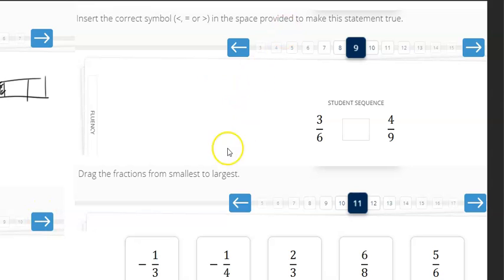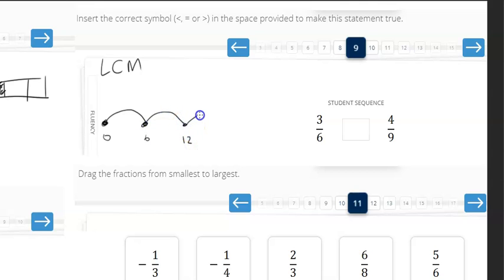Now you will get a question where it does have less than, equals, or greater than, but you run into a big problem here, because right now 3/6 and 4/9, again, can be simplified. 3/6 can be simplified to a half, but that doesn't get us to any point. So we have to find a number which is considered the lowest common multiple. Lowest common multiple, or in other words, if I was the number 6 and I walk every 6 steps, and I keep going 6,